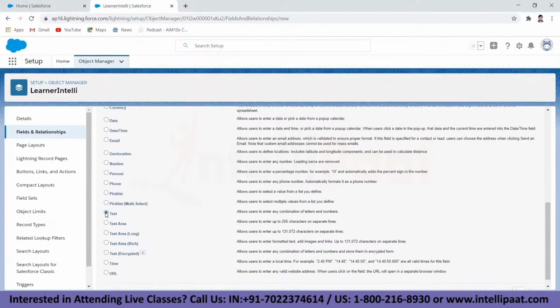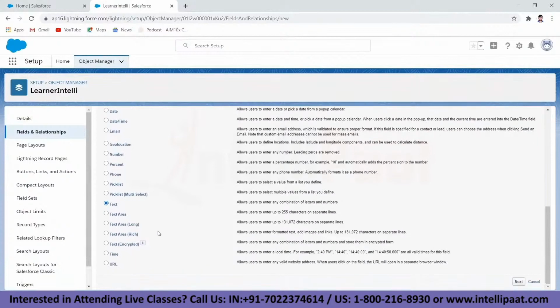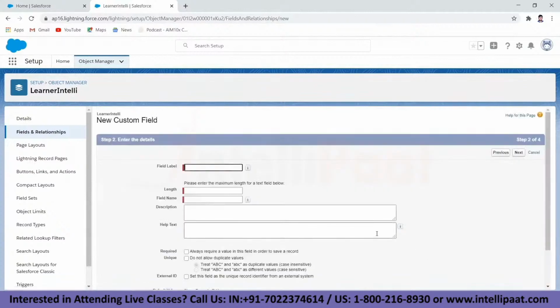So I'm going to be selecting a text field that people can put the values in. I'm going to be going next, and the field name is course enrolled. So my learner object will have a name, the learner's name, and the course field. Let's allow a number of characters for this field. I'm going to be putting it as 17. It could be according to your requirements. If you are someone who's taking long strings into account, you can put those numbers up, but we are going to be keeping it short, so we're going to be putting 17. So this field stores the course the learner is enrolled in.